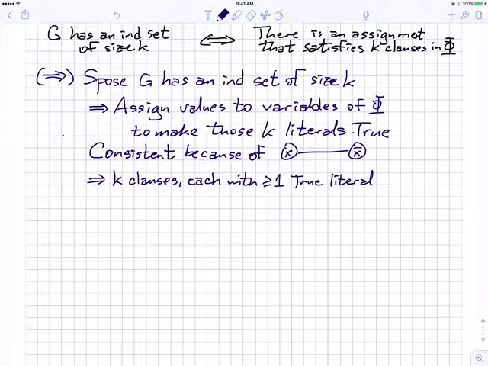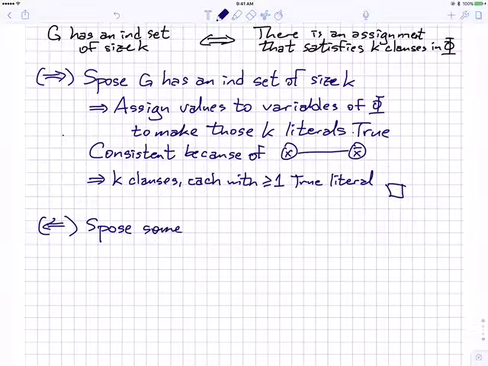Right? So each of those K variables in the independent set must belong to a different triangle, so those K literals that I found to set to true belong to K different clauses in the formula. And that's the end of the proof. Okay. Now if I want to go the other way,